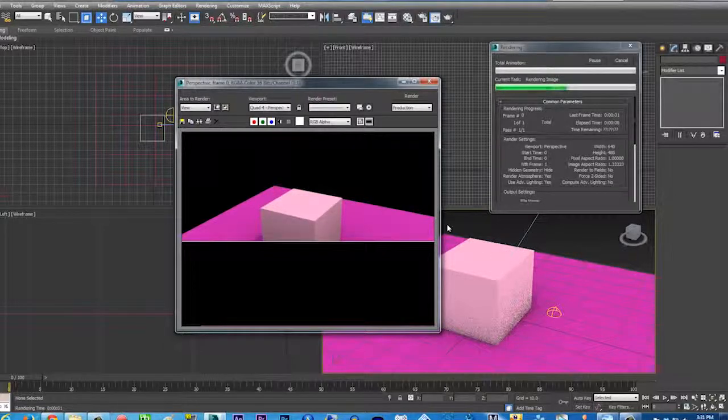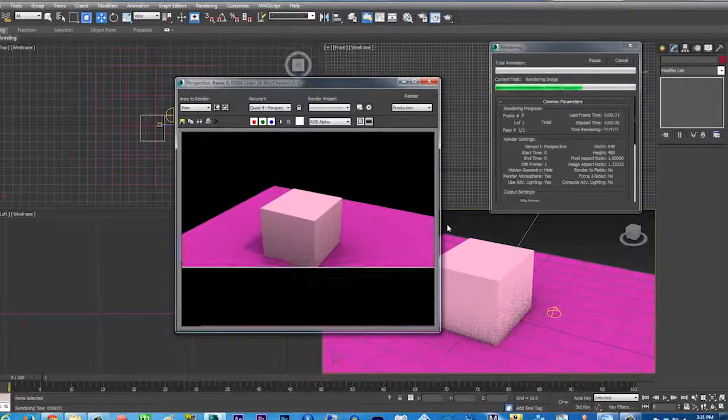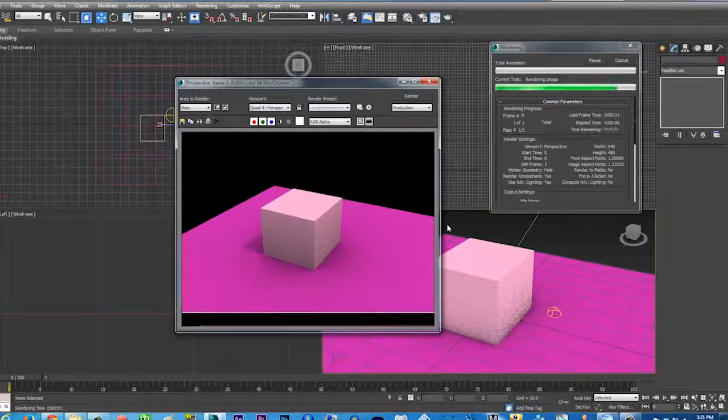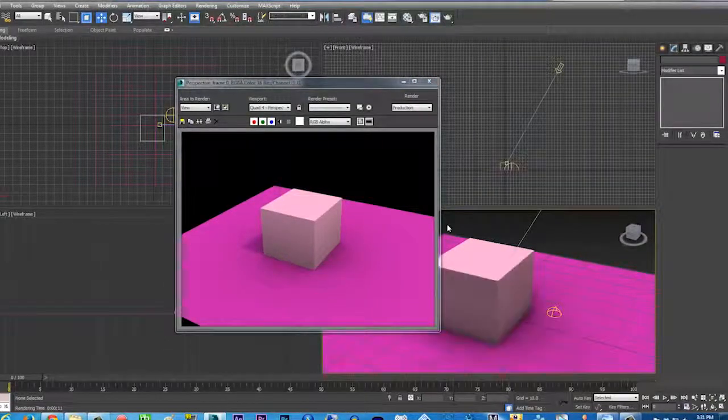There you go. But maybe some of you, if you have a slow computer, won't be able to render with 20 rays per sample. But if you've got a very good computer, maybe you can do it. So as you can see here, this soft shadow is the ambient shadow. I usually use it a lot, even though there's a harsh light in my scene, I still use this ambient shadow, and then I export it to After Effects, and I turn the opacity down if you don't want it to